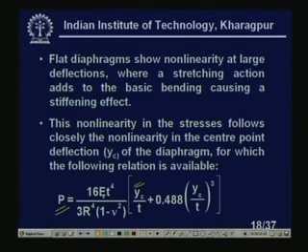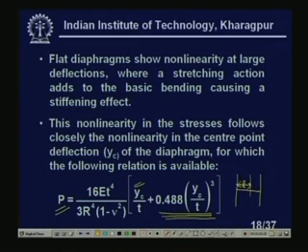You see all other things are constants. Young's modulus of elasticity of the material of the diaphragm is constant, the thickness of the diaphragm T is also constant. Nu is Poisson's ratio, that is also constant. R is the radius of the diaphragm, that is also constant. If I have a diaphragm here, this is radius R. This is our diaphragm, the relation between P and YC. And very interestingly, this is our nonlinear term. You have to avoid this.